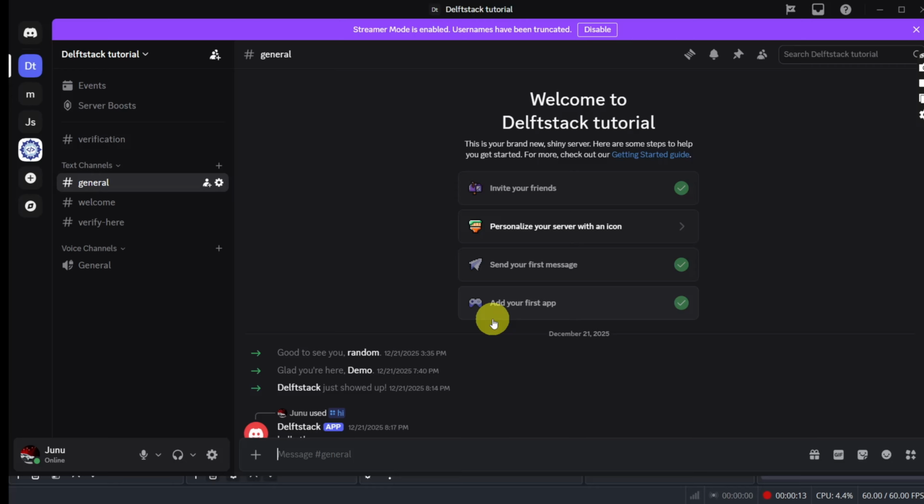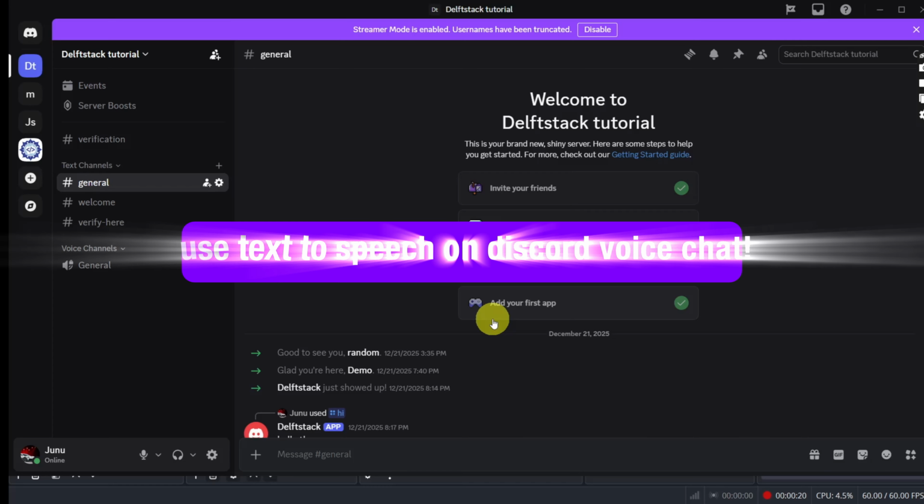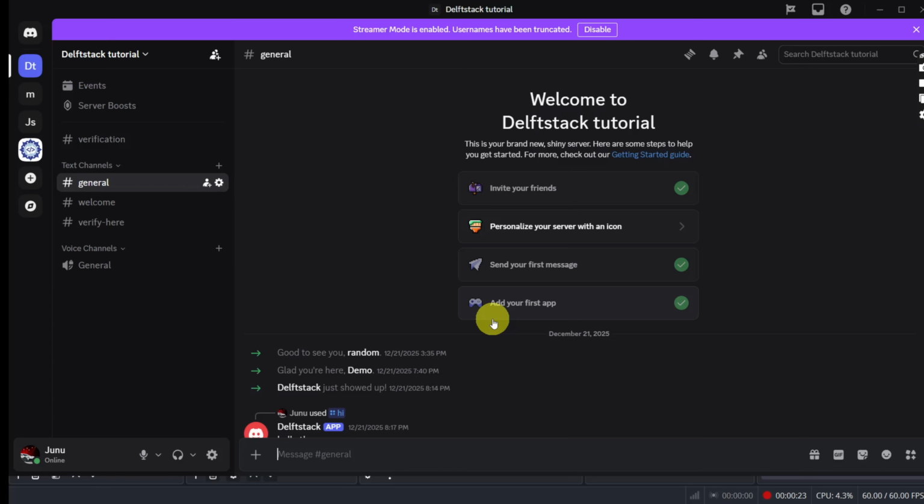In today's tutorial, we will learn how to use text-to-speech on Discord voice chat. The text-to-speech feature does not actually work inside voice chat audio. Text-to-speech is a feature used in text channels where messages are read out loud by Discord for users who have TTS enabled. Many users think it works directly in voice chat because the audio plays through the speakers, but it is still